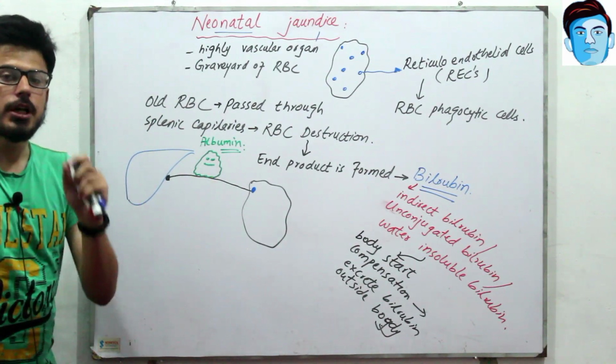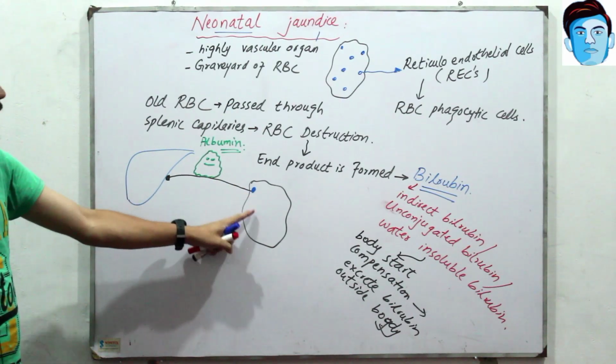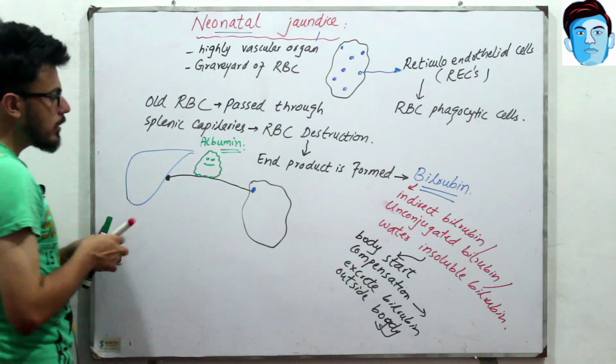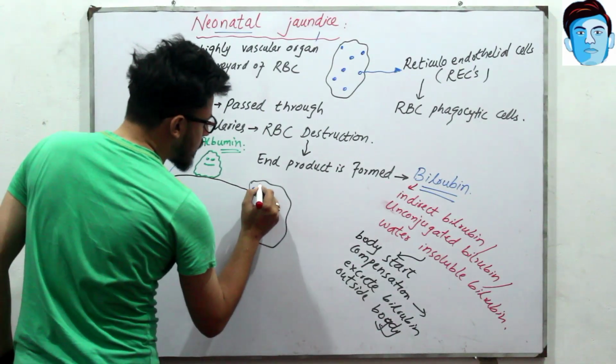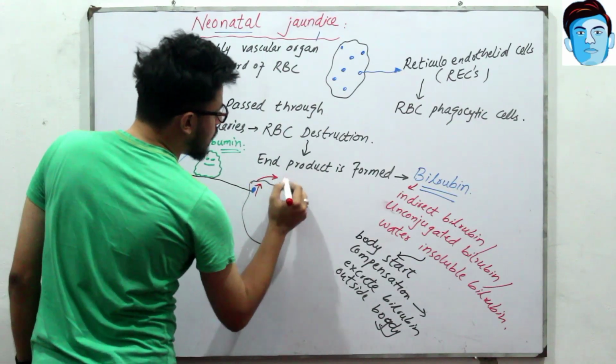Just imagine if there is protein deficiency, what would happen? The transportation of bilirubin from the spleen to the liver would not occur. So ultimately, the unconjugated bilirubin level increases, and when that level increases, it would lead to